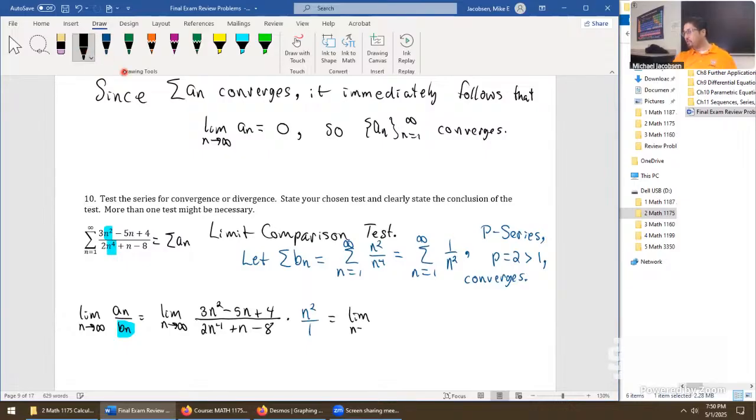Really, the most work you do on this limit is just writing all this stuff down on paper. So multiplying through, it is now 3n^4 minus 5n^3 plus 4n^2. The denominator is set up the same way: 2n^4 plus n minus 8. This shows up so often in this class, that's why we mention this strategy. If you have a tie in degree between numerator and denominator, all you're doing is grabbing coefficients and your limit is done. So this limit is 3/2.